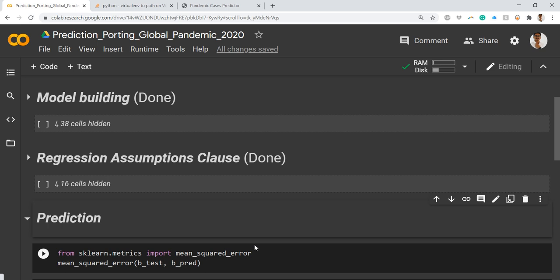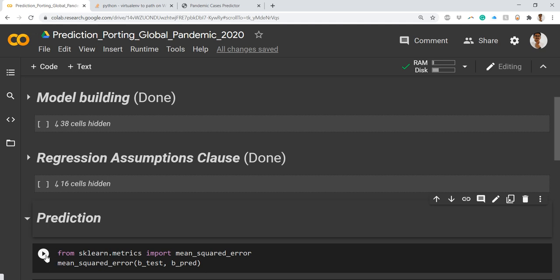Directly, without writing any hard code or boilerplate code, from the sklearn library you have sklearn.metrics, and from that you have the method mean_squared_error, and you pass the y_test and the y_predicted. Remember, while calculating the residuals we subtracted these two, but this is another way that I'm showing how you can calculate your error.